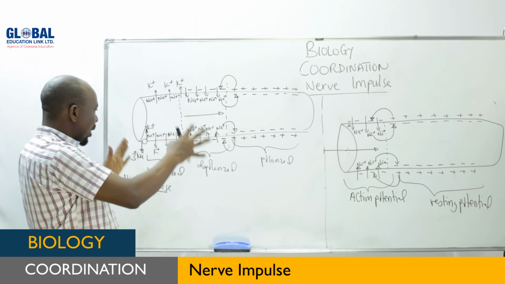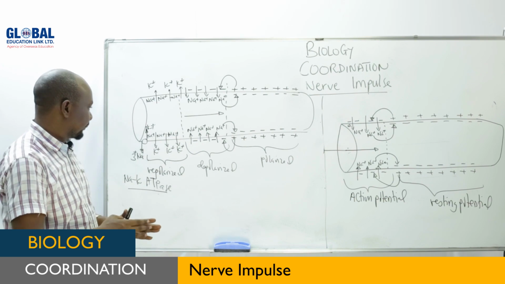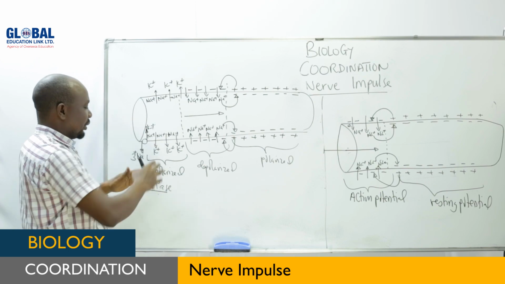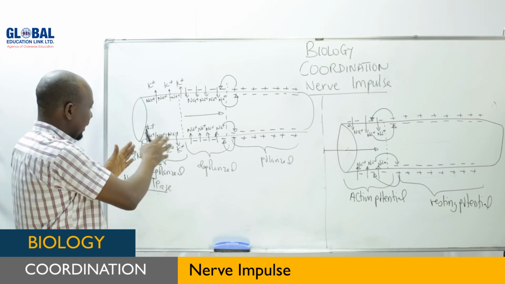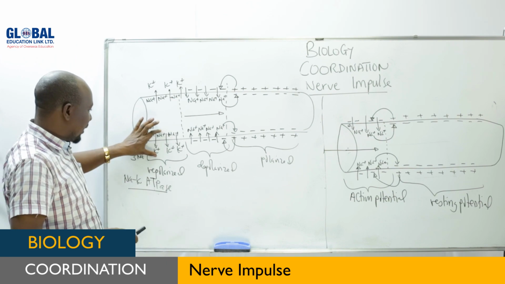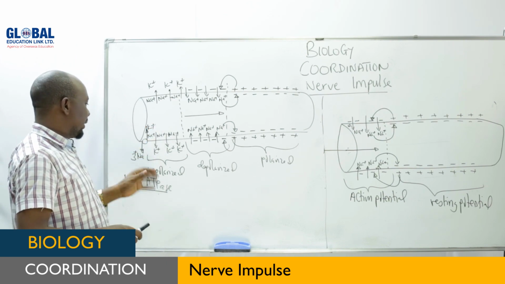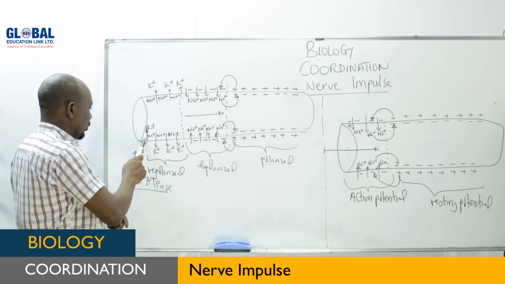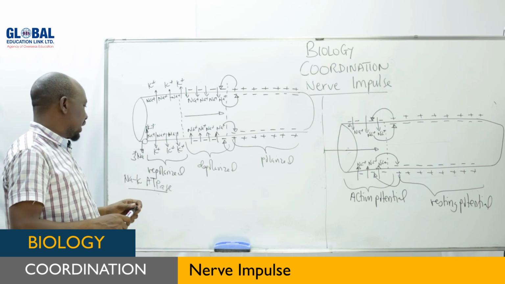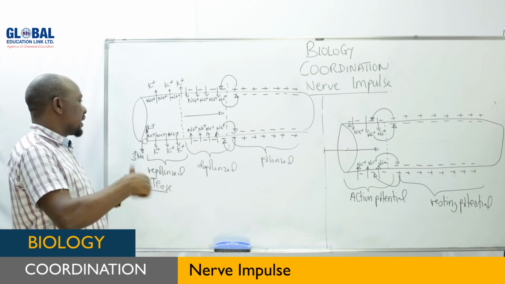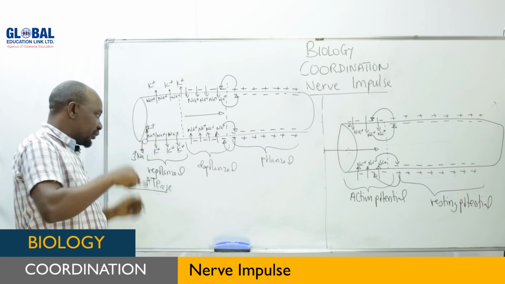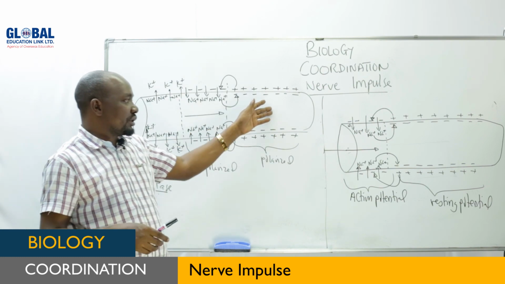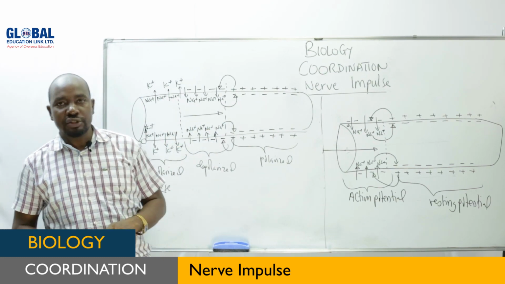So it is all about the charge distribution. After the passage, the potassium will leave the axon, creating a repolarized membrane. Then after the potassium ions leave and the repolarization ends, the active pump, the sodium-potassium pump, is activated, which takes all the sodium ions outside and the potassium inside to restore the normal state of the axon plasma.